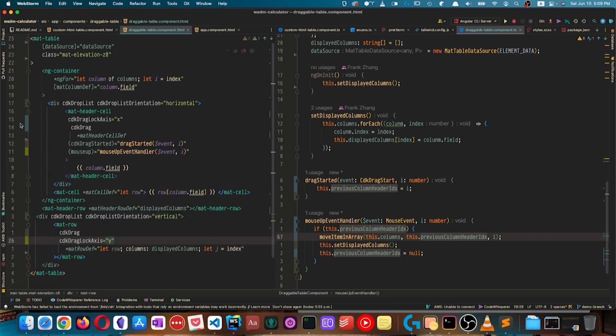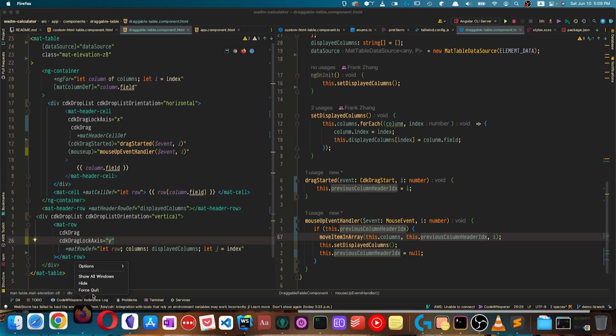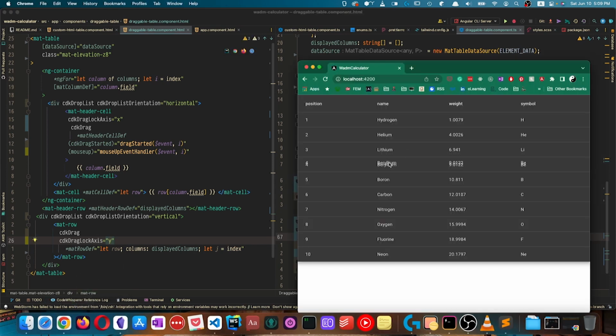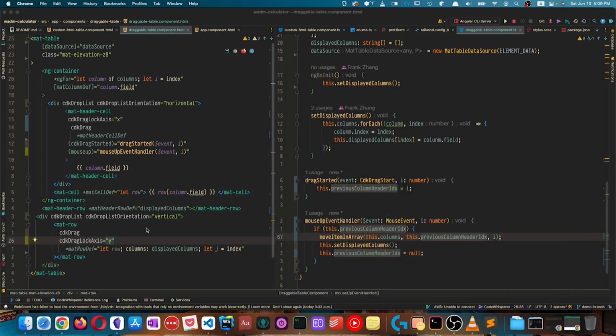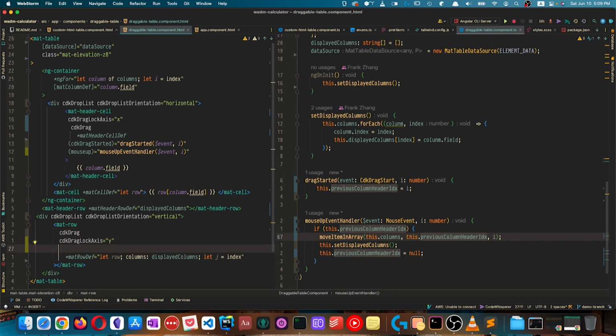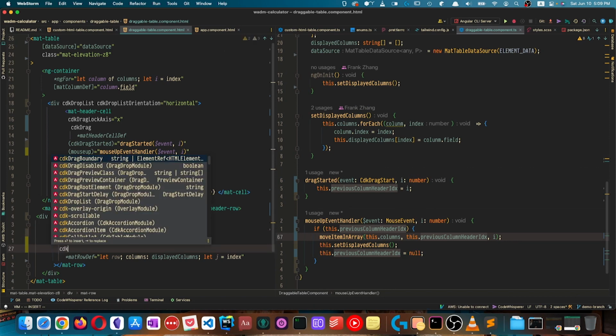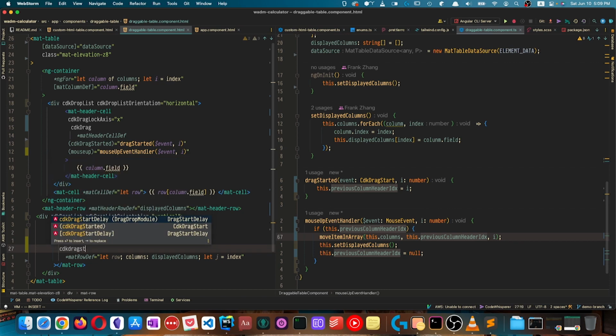So now ideally they can only be dragged vertically. But notice the data binding is not being updated. And let's implement the same strategy. Remember, we are going to listen for the CDK drag started